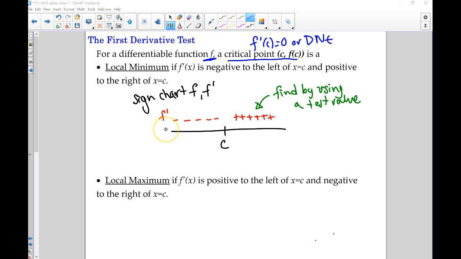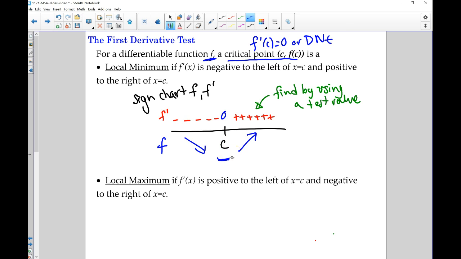Okay, but then similarly, whether f prime is positive or negative, I can actually look at the function itself. If the derivative is negative, that means the function is decreasing. If the derivative is positive, that means the function is increasing. A positive number for the derivative means the function value is going up. So that's where I get intervals of increase and decrease. And then of course at the critical value, for right now we're going to assume that the derivative is 0. So we can actually see visually that we go down